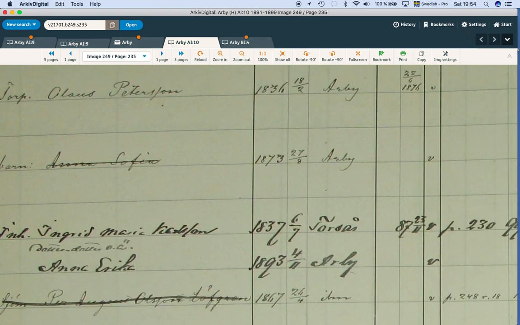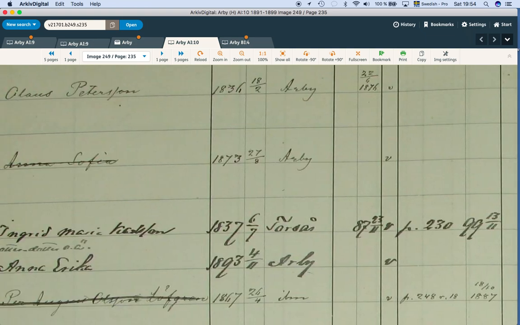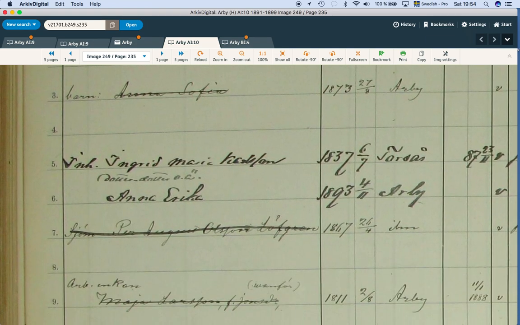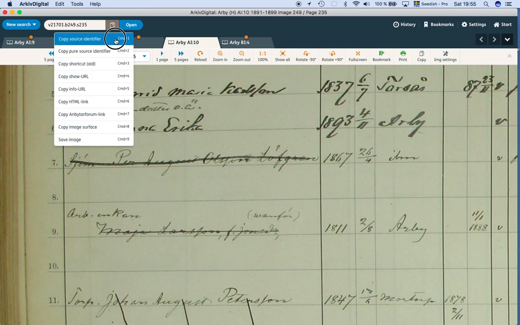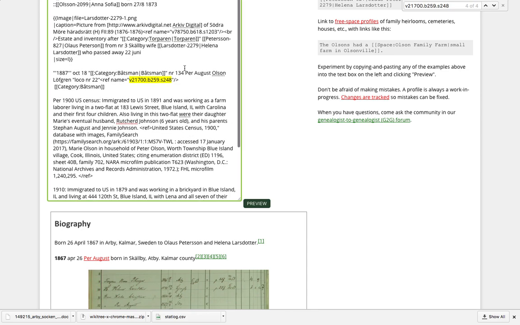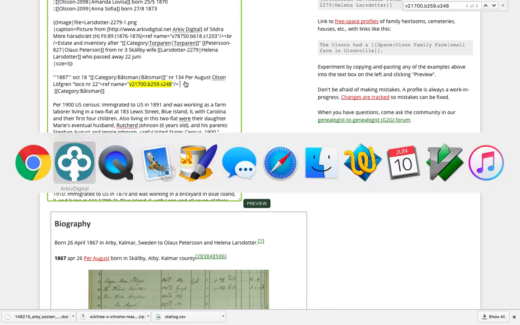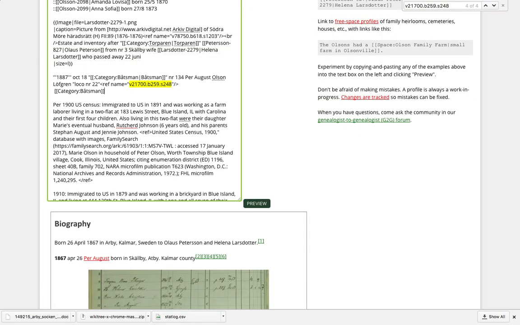Anna Sofia is moving to page 226 in 1893. And then we should hopefully find the son. Here is the son. So then we add a new for him. So then we can send in 1891. He has